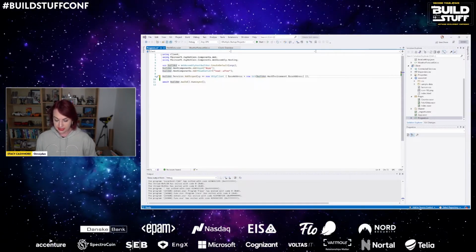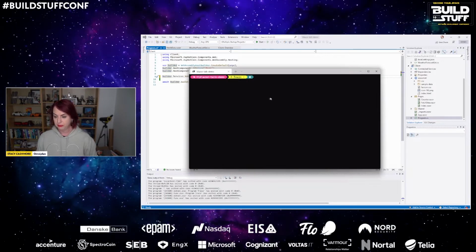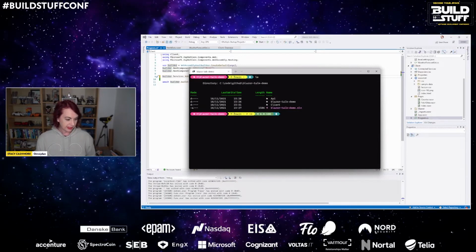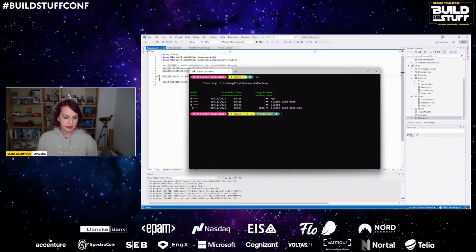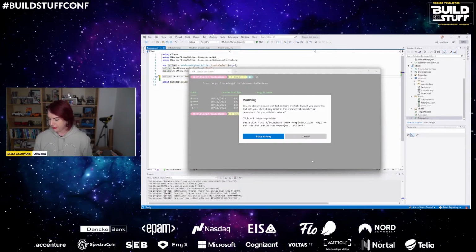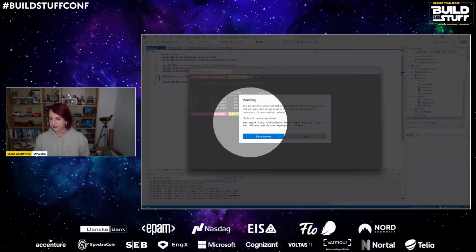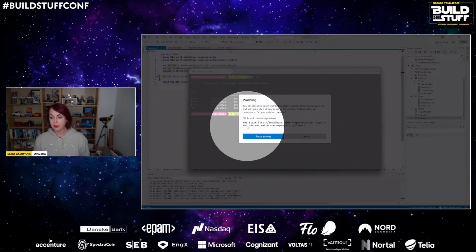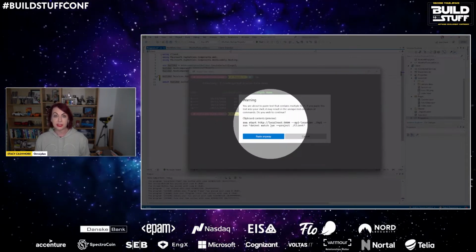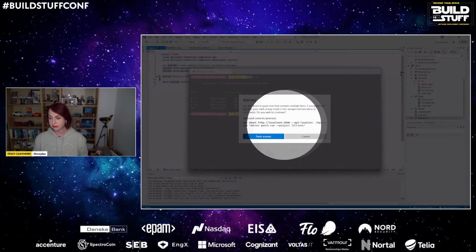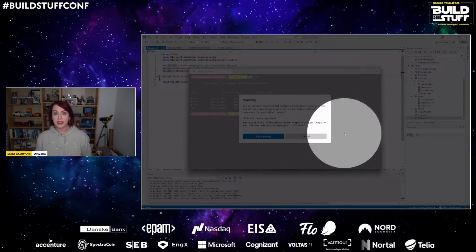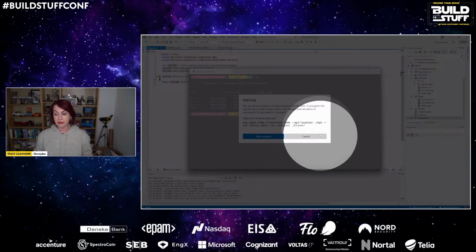What we are going to do instead is open up a terminal. We have my application here, and I'm going to bring across a command. And this command, let's see if my click is going to work for me. We have SWA, Static Web App. We're going to start. We're going to point to localhost:5000, which is the default port for when you run dotnet run. And we're going to say that we have an API located in our API folder. And this will build and run our API for us as well.